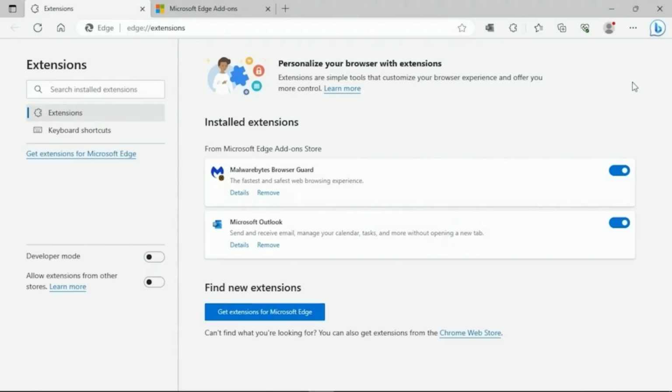And in fact, here in Microsoft Edge, it tells us that we can personalize the browser with extensions. And it goes on to say that they're simple tools that can customize your browser experience and offer you more control. But again, in short, they enhance the capabilities and/or what you can do from directly within the browser. Now, on this particular system, there are only two installed extensions, one for Malwarebytes, which is an anti-malware application, and